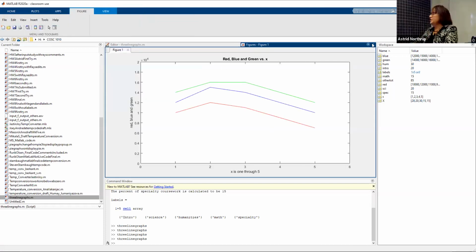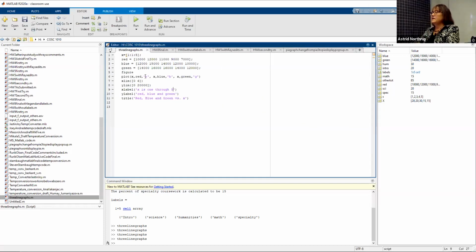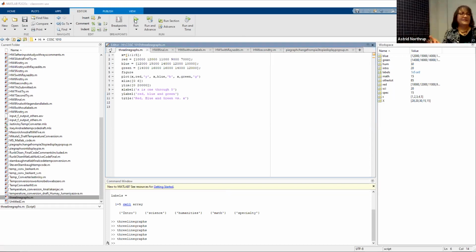If I wanted to change the color, I don't remember what the other color options are here. Let's say yellow. If I want to plot that first line, which is called red, as being yellow, let's see if yellow is an authorized color. Well, there it is. So see, that's a pretty cool thing. So you can plot any sort of data. This is as